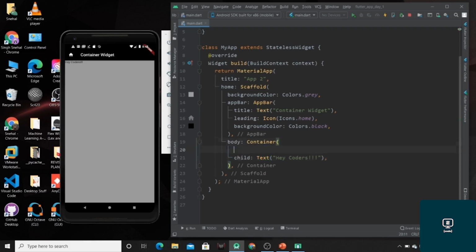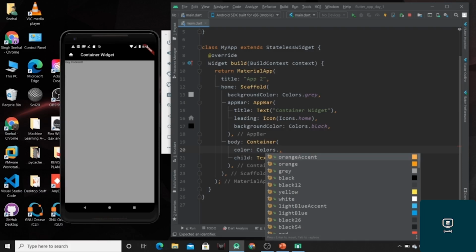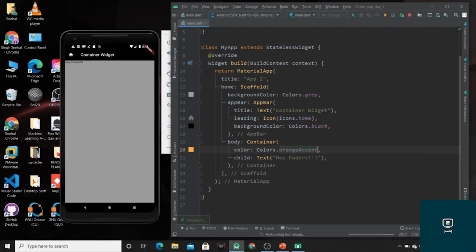We can change the color of our container by using this color property and mentioning any color according to our preference. Okay, so we have mentioned the orange accent color. So here is the container which is occupying only the space required for this single text.